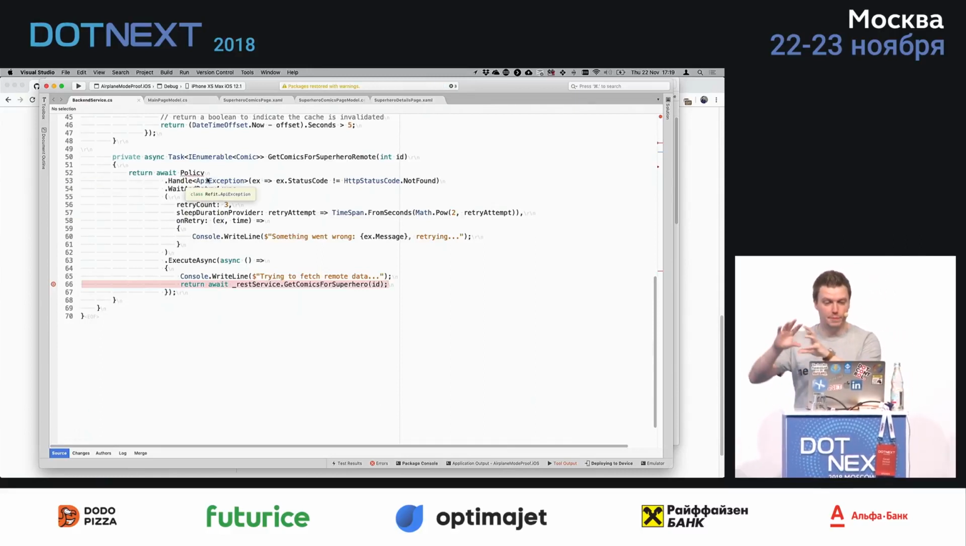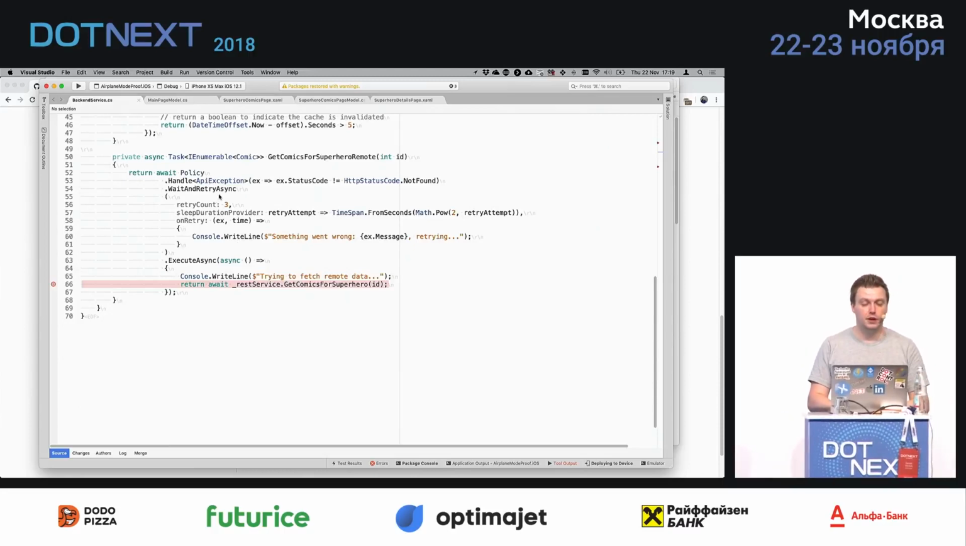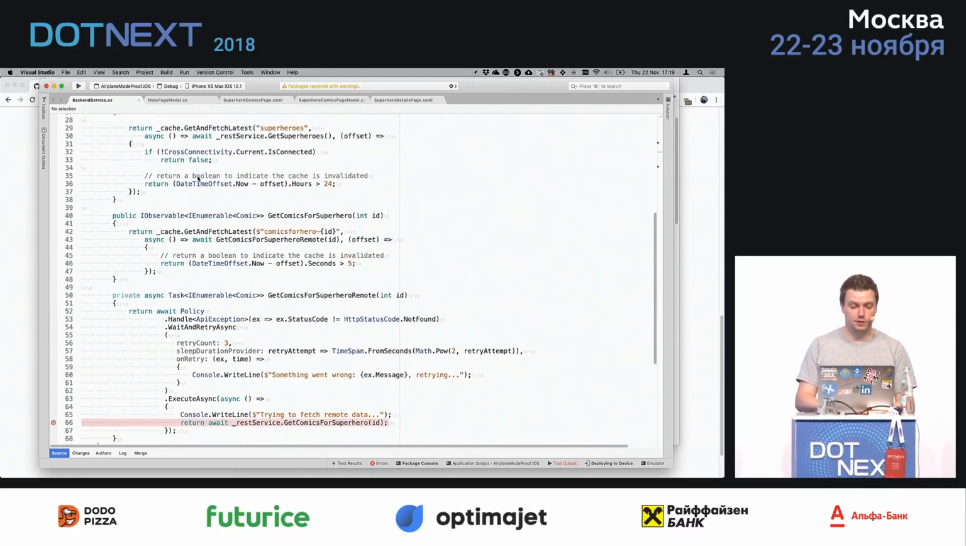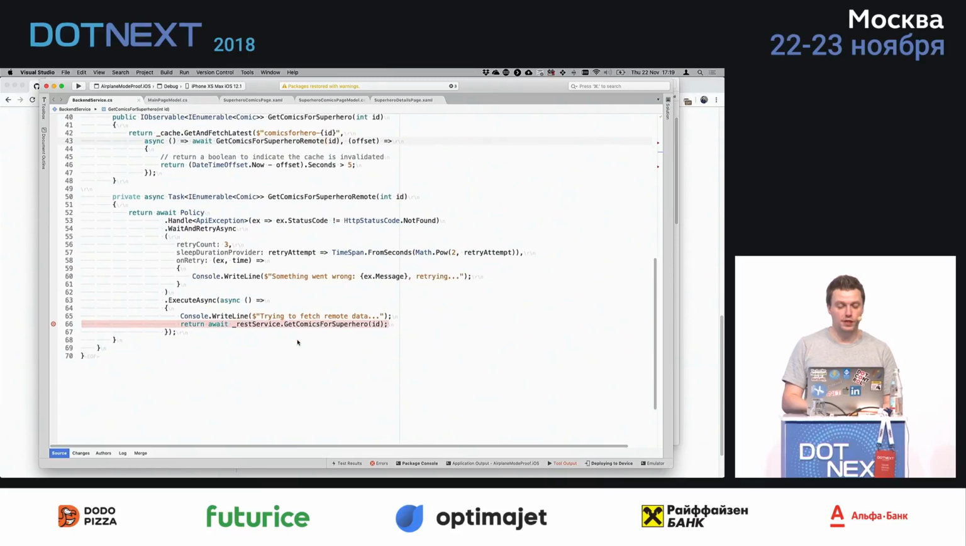Again, this wraps basically around the, oh, I didn't put the caching in here, but well, it's separated because what happens here is get comics from superhero remote. So you see here the caching is happening, and then it has this call for fetching the data remotely. And within that call, I will use this policy thing,